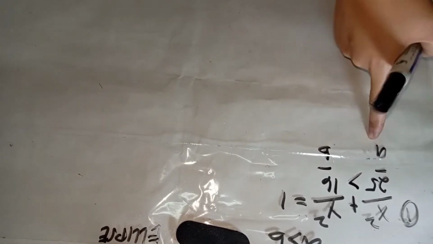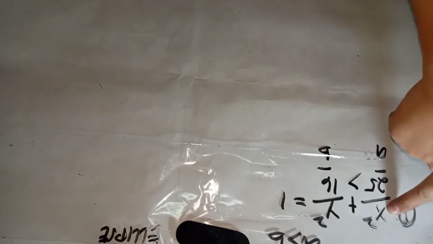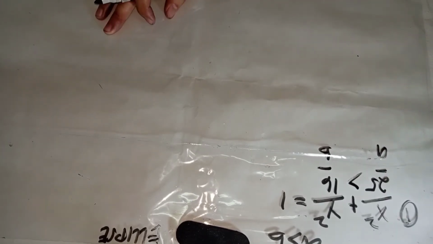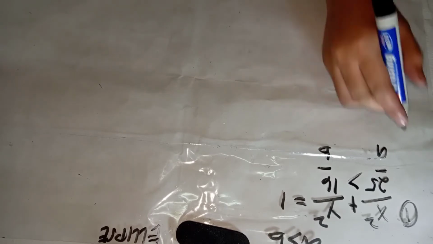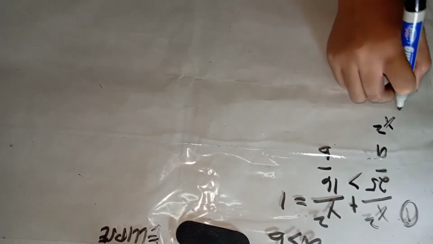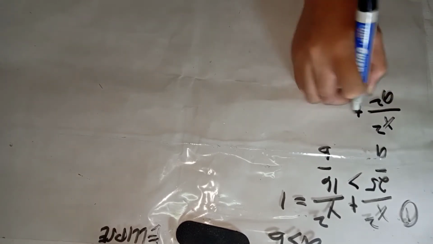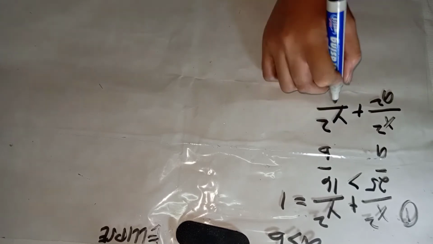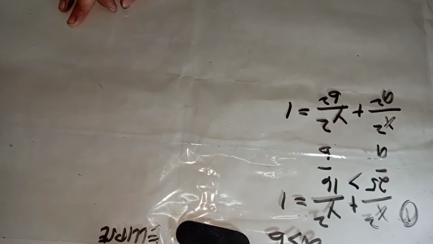Okay, so what formula are we going to use? Since it is a and then x squared, ibig sabihin horizontal or major horizontal axis yung formula na gagamitin natin, which is x squared over a squared plus y squared over b squared is equal to 1. Okay? So, tandaan natin,